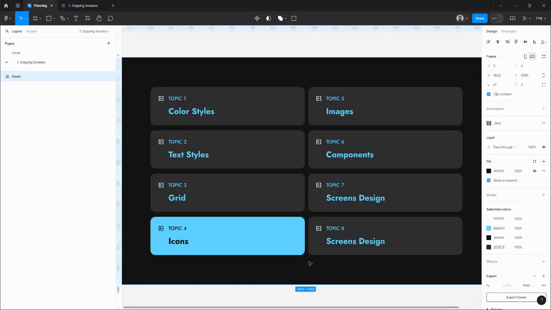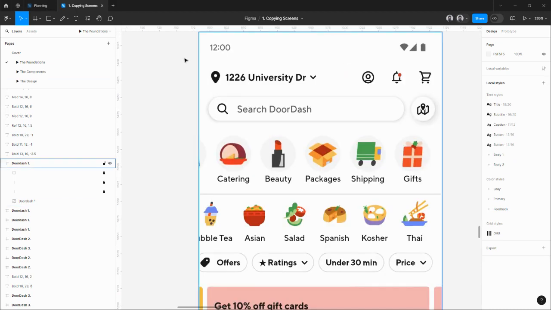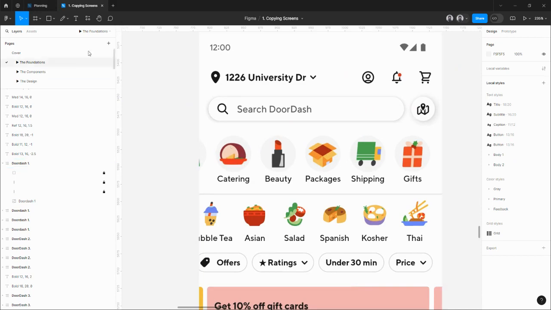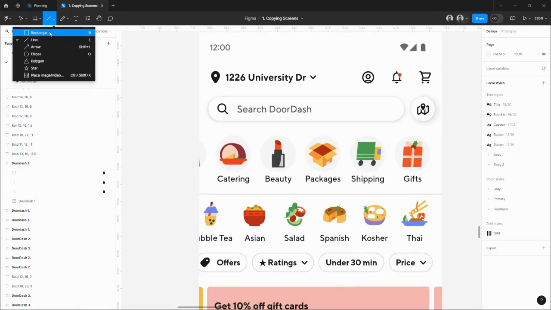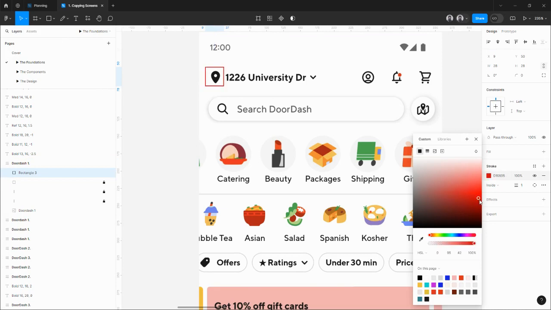Everyone. So today we are going to work with the illustrations, icons, and those fancy icons we found on the home screen. And let's get started. I copied my screen here, and there are plenty of ways you can go about it. You can select a closed shape, place it here, and mark all these with some color like this